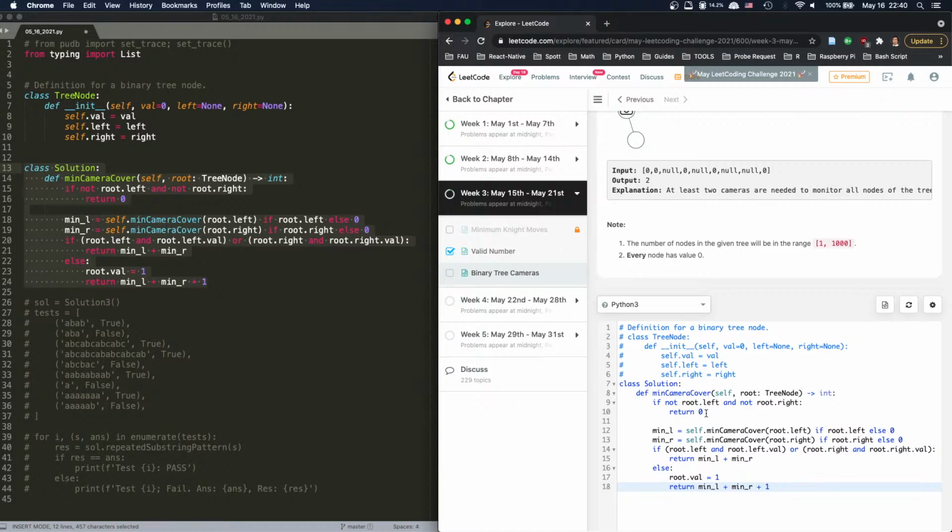So the children situation is either neither has a camera, like for the current root with two children. If neither of the children has a camera, then I must have a camera. If one of the children has a camera, then I do not need a camera. If both the children have a camera, that's the situation we don't know how to resolve. If both children have a camera, and we say the minimum number of cameras on the left tree is with the children having a camera,